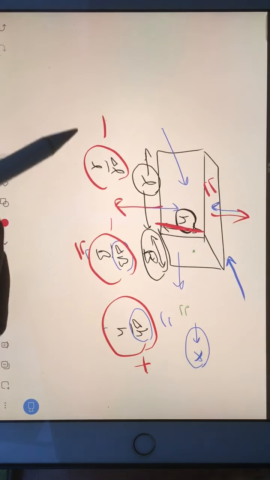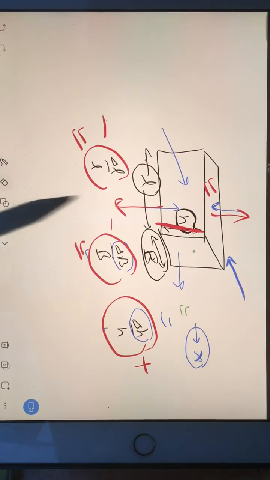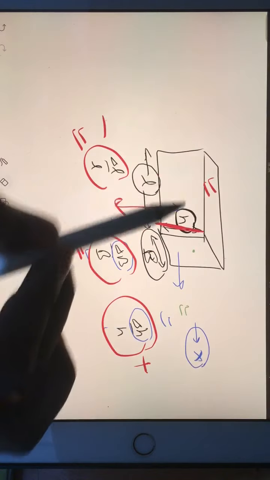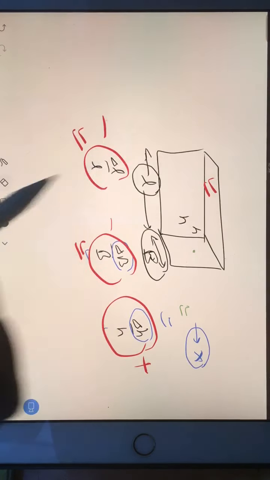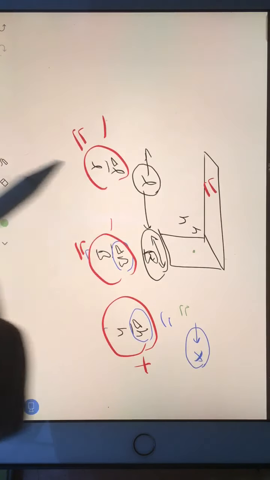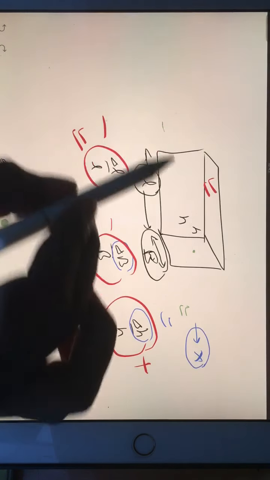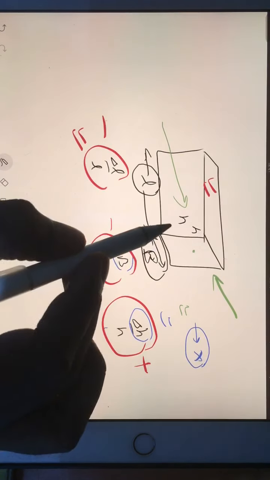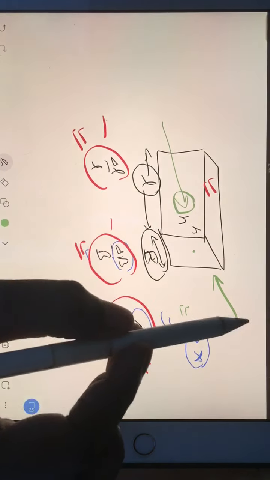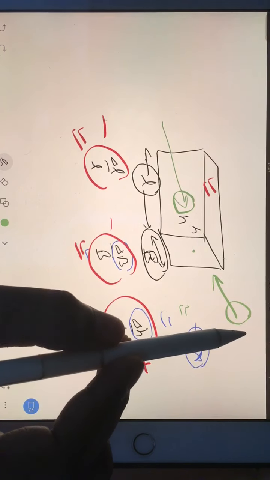Earlier also B was negative, but this time L is negative. But if the same force you remove from here, and now you apply force on the front face and on the back face like this, then you can see I am applying compressive force.